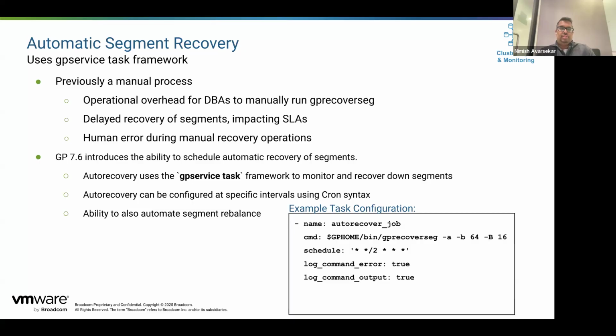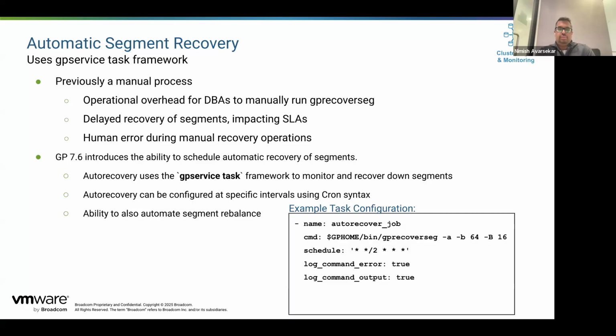So this obviously was a manual process, needed human intervention. And it was some form of operational overhead, especially for DBAs, to constantly monitor and run the recovery as needed, right? So in GP 7.6, we now have a way to automate the Greenplum segment recovery using the GP service